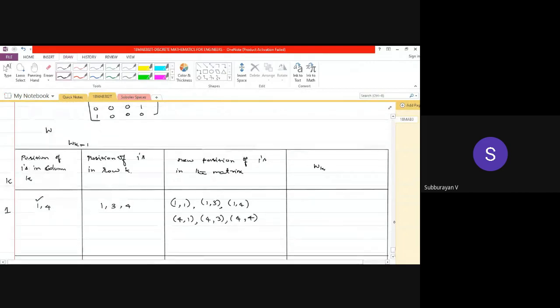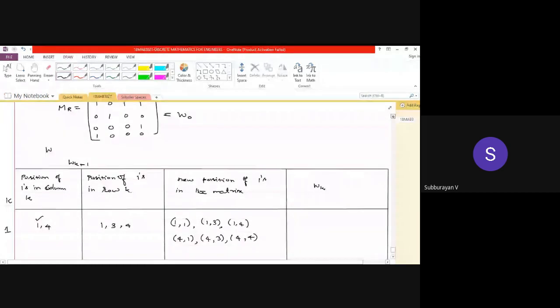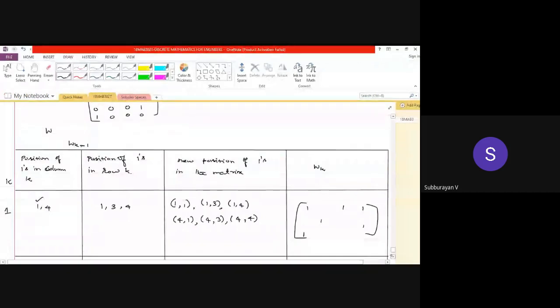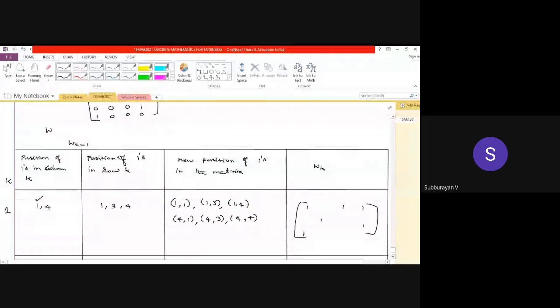Okay, now what is our matrix? Our matrix is, let me start with the given matrix. Wherever 1 is already there, you just place those entries. This is 1, 1, and here it is 1, and here it is 1, and this is 1. Okay, now we have to make 1, 1 as 1. Already 1, 1 is there. Just leave it. 1, 3 already 1. 1, 4 already 1. Leave it.